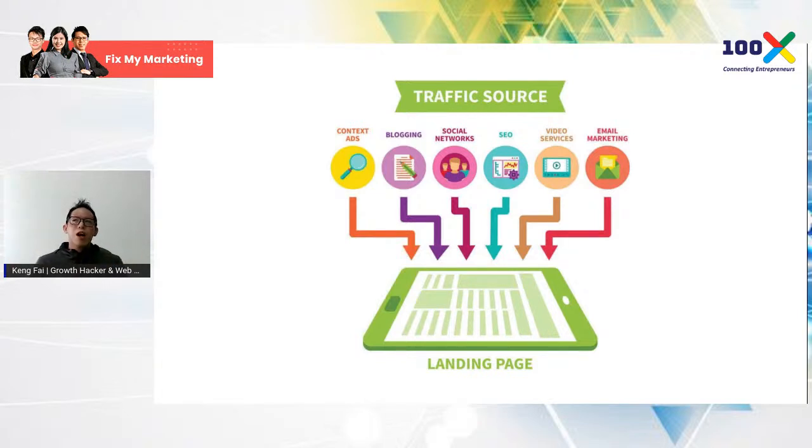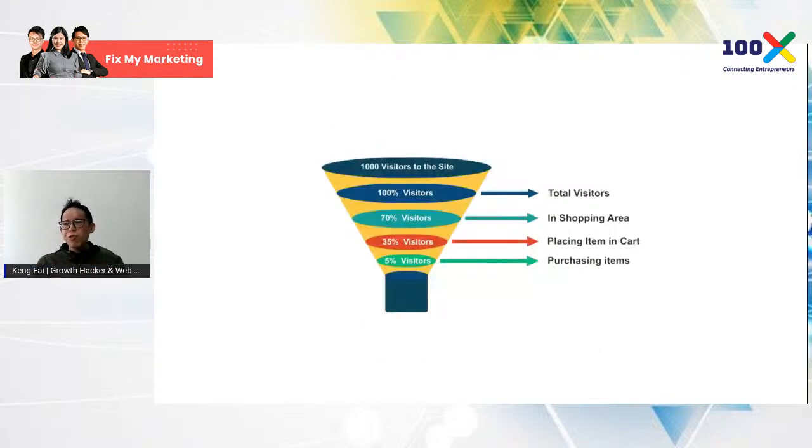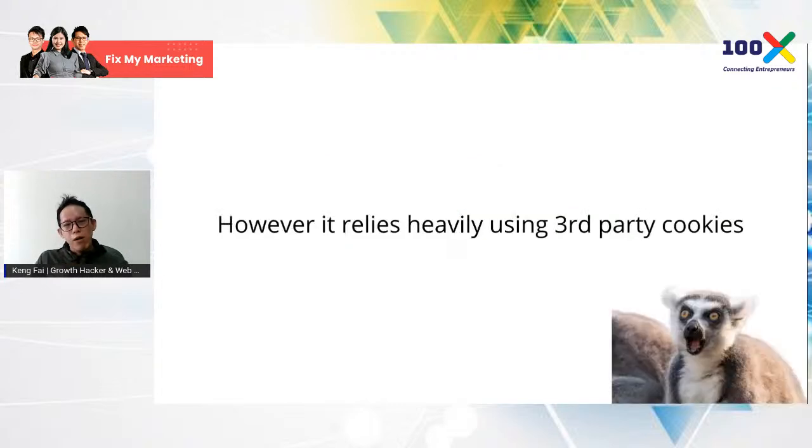As a user, with a typical browser, you don't use just one browser for one particular platform, or probably you go to Facebook. Then you will know where it came from. But let's say you go from this and that, then the web analytics will screw up, as I told you earlier. They will identify that as 2%. So using this analytics tool, you can actually know who the users are, where they came from, where they placed a cart, and where they purchased. So this is all about cookies that track in web analytics. They will store this in a third-party source, and that causes a problem about privacy.